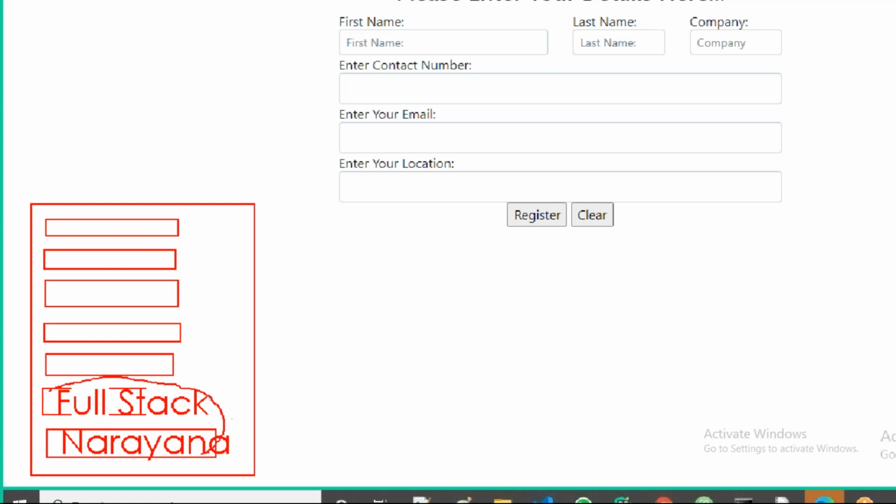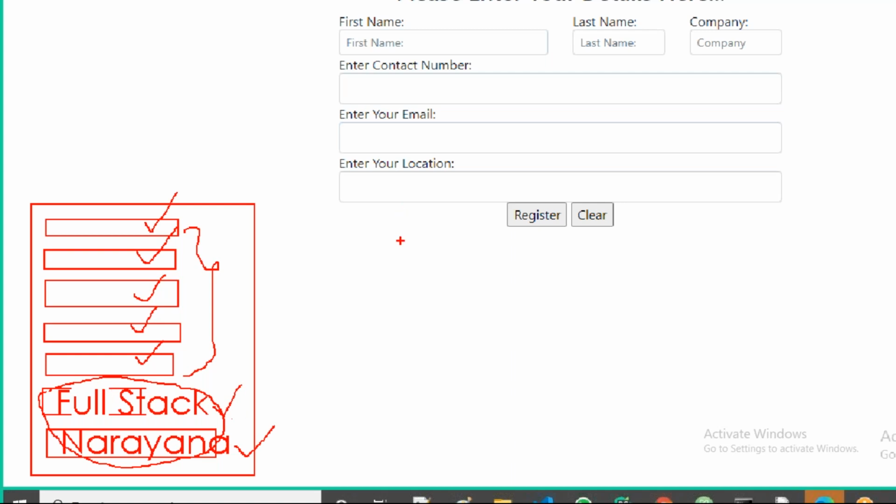These two values are fixed for all of you, and for the others the values will keep on changing, guys, for everyone. All of you are getting my point, right? Your first name will change for all the people, last name will change, mobile number will change, email ID will change, your location will change, and the course name is fixed for all the people. The trainer name is fixed for all the people in this batch, right?